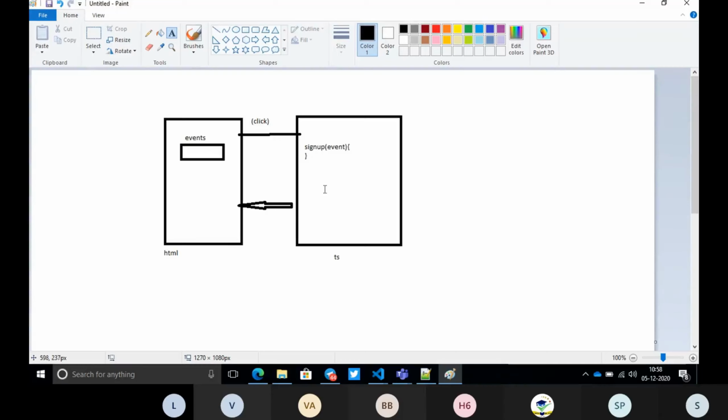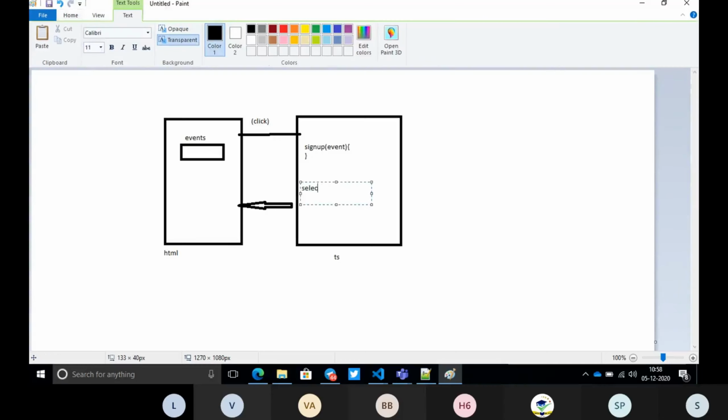But we have some variable here, suppose my selected plan. It is there in the TS file. How will this plan be displayed here? Using the templates, right? I can write curly brackets and my plan name, selectedPlan. And in the template, what else can you do? You can use variables and you can call any methods. These two things you can do in the templates.